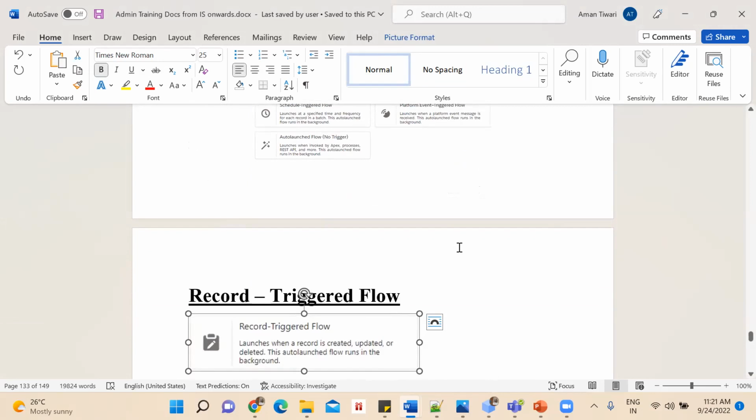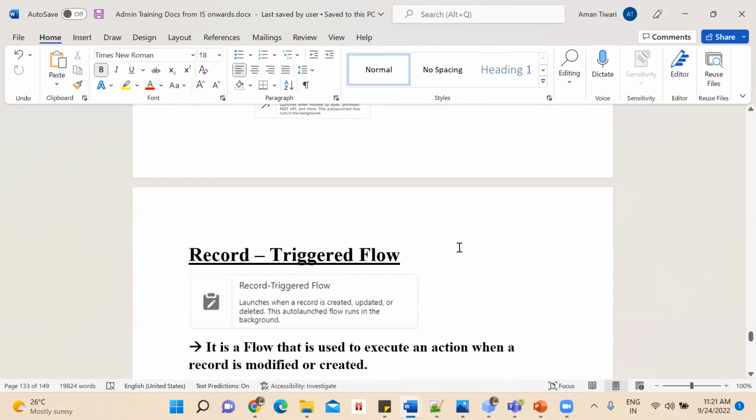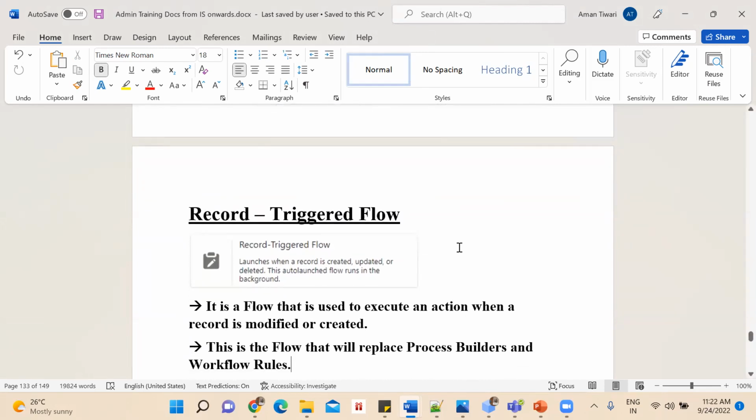Okay. Now we understood the 5 different types of flow. Now we will see each part's definition. So what is record trigger flow? Record trigger flow is a flow that will execute an action when a record is modified or created. In short, you can understand that this is the replacement of your workflow rule and process builder. Whatever workflow rules or process builders you have already created, most of them will migrate to record trigger flow.